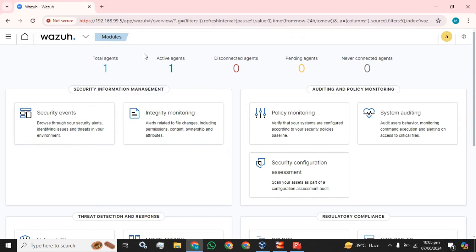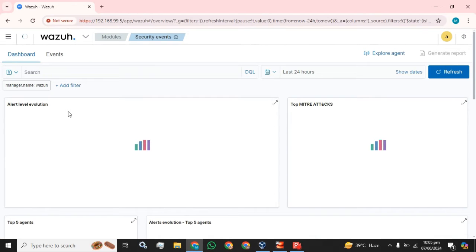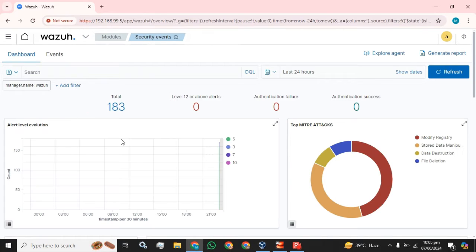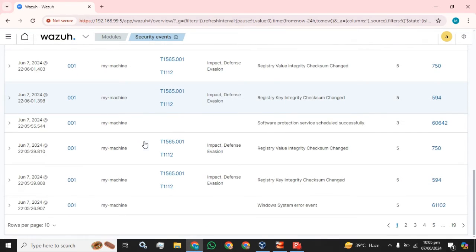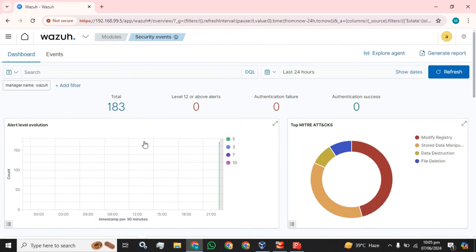Currently, I have only one agent registered and which is currently active. The events will be displayed here. I mean to show you that the logs are being monitored through the Wazuh server. I have data stored in my Wazuh server. So